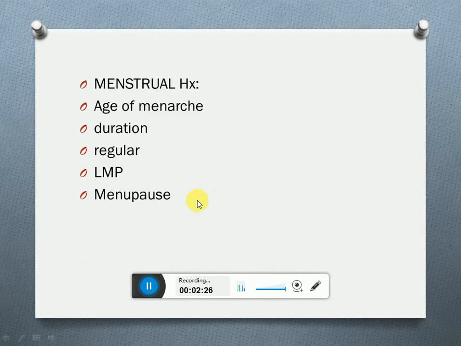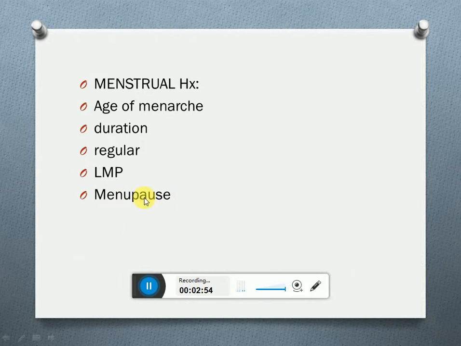The next thing is the menstrual history. In the menstrual history, there are 5 components. You have to ask about the age of menarche, the duration, that is for how many days it occurs, and a very important question is whether the cycle is regular or irregular. Then the last menstrual period, and if she is